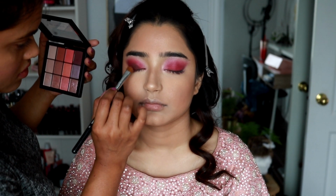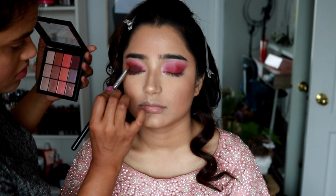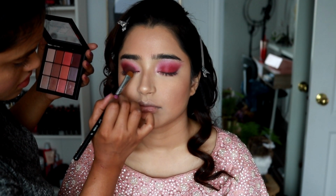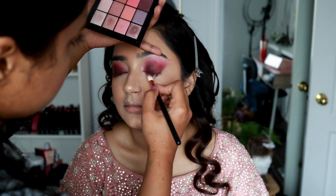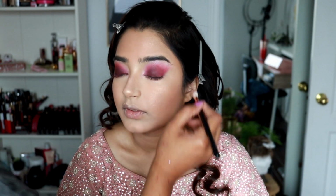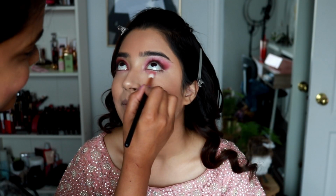This is the palette where they have a shimmer, then a more foiled, and then matte eyeshadow all in one, and I think these are a bunch of peachy tones and pink tones all together. Now I obviously wanted to give it more of a smoky eye look, and that's why